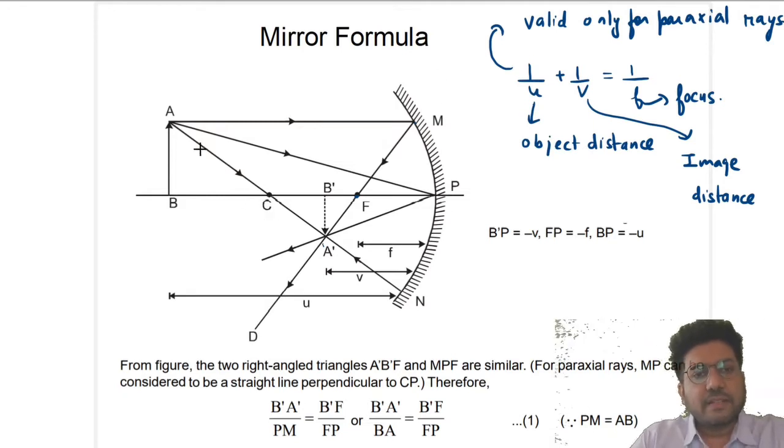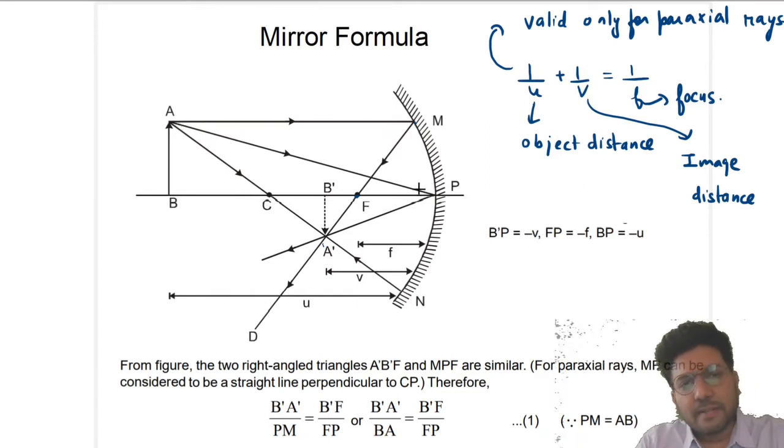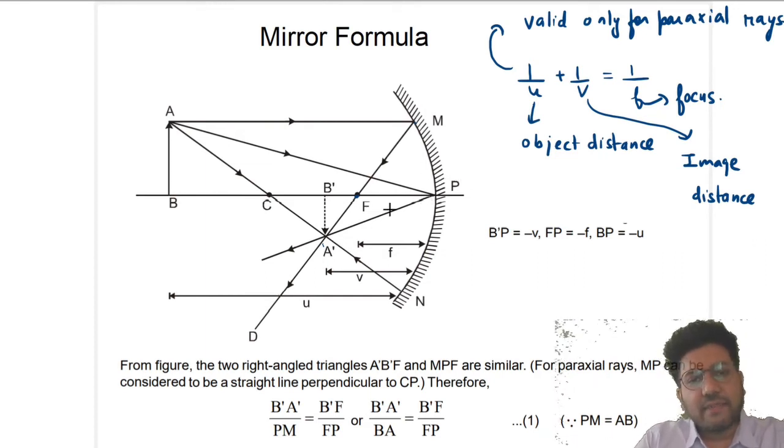This is the first ray, and the second ray is this one, a ray of light which is striking the pole and reflects symmetrically with respect to the principal axis. So if this angle is theta, this angle is also theta. This reflected ray and this reflected ray intersect at this point. That means this is your image. AB is the object and A dash B dash is the image. You can see that the image is inverted. Now, listen carefully.